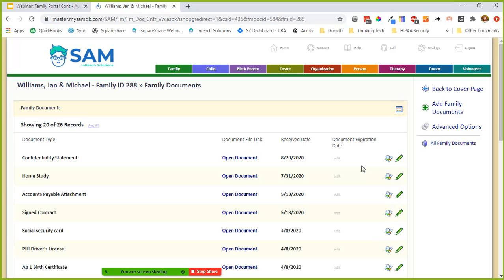Okay, so the next thing that I want to talk about, and I want to make clear for you, because as we move into the family portal, these concepts are going to be useful when we're talking about documents being shown on there. I want you to notice the document type list. So this is a list that your team manages in the database. I think by default, there are some things like confidentiality statement or home study or social security card available in